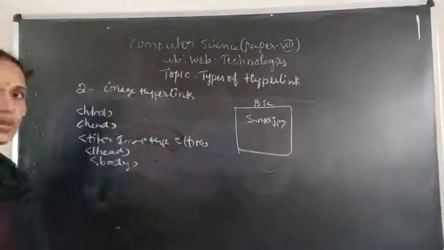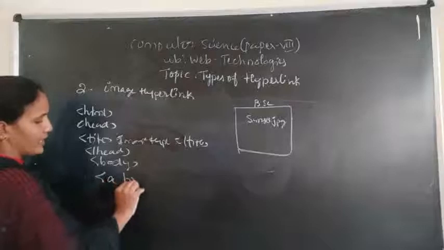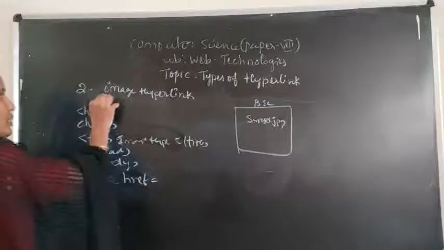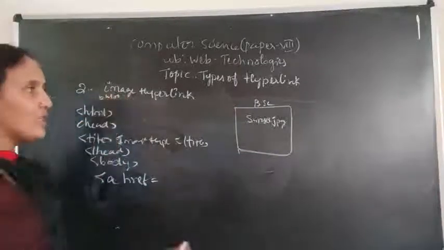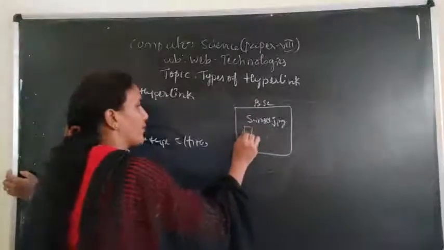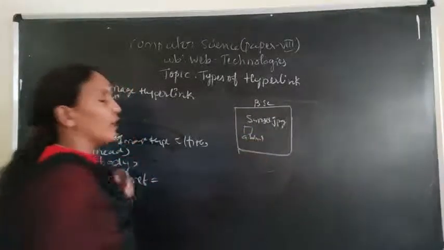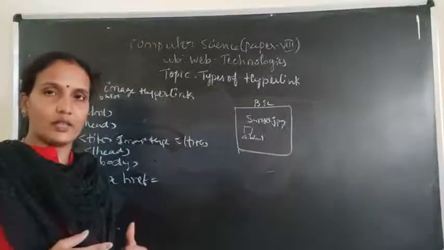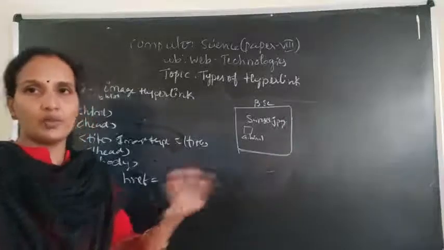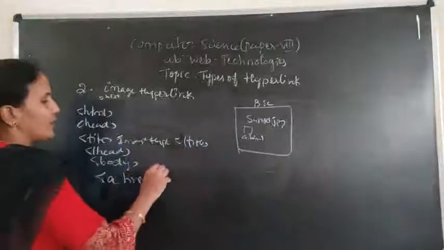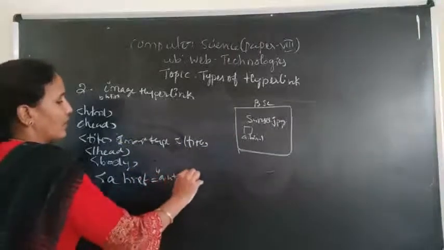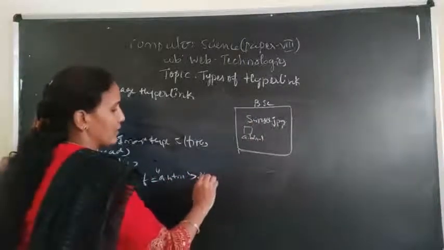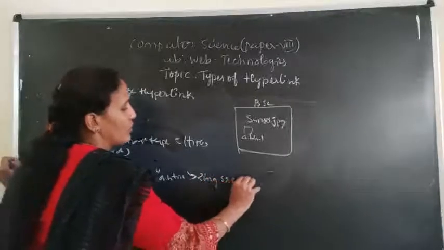Now open the body tag. Inside the body tag, what I am doing is a href equals, actually this file name is b.html. And in this folder already a.html is there. What is the current document name? b.html. From b.html, I want to move to a.html. So here the target file name is a.html. Now here I am giving the image. What is the name of the image actually? Sunset. Image source equals sunset.